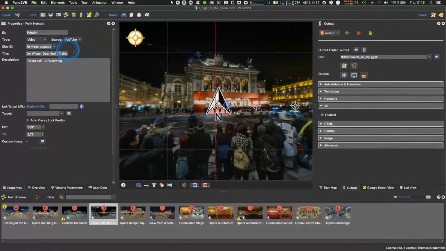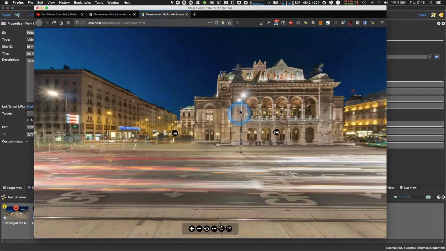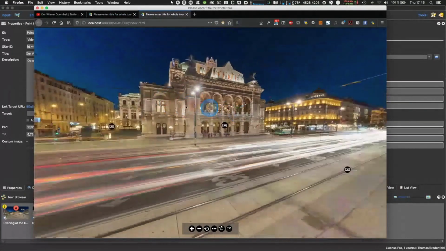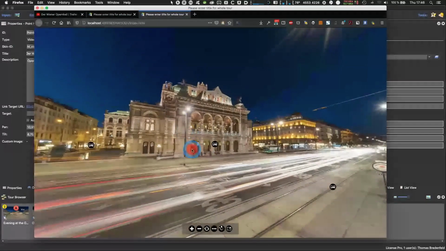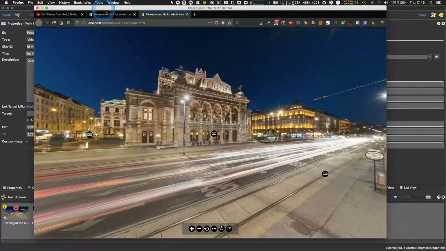Video YouTube, video. Okay, it's not working here. Why isn't this working? So target, we don't need a target. So save, build. Oh, my video is gone. Okay, so let's skip it for the moment,